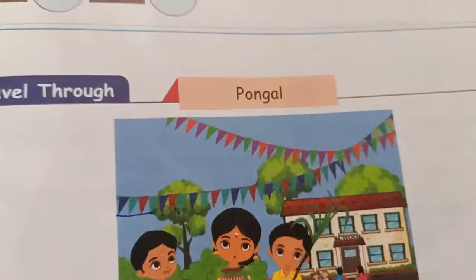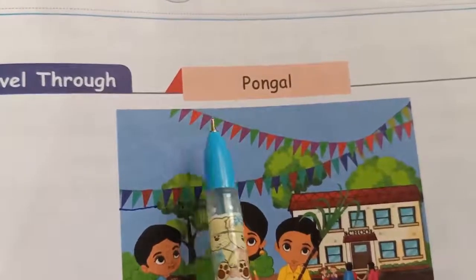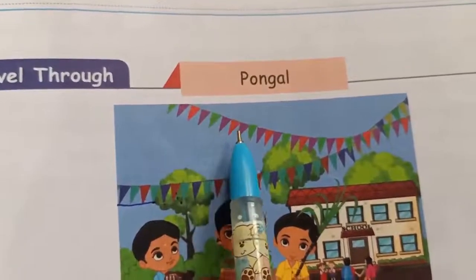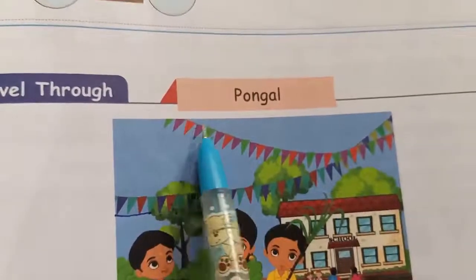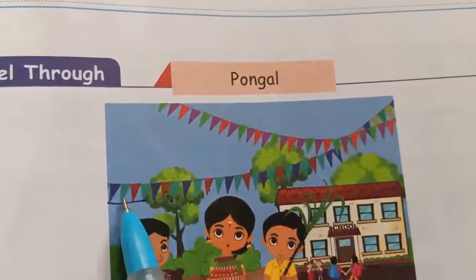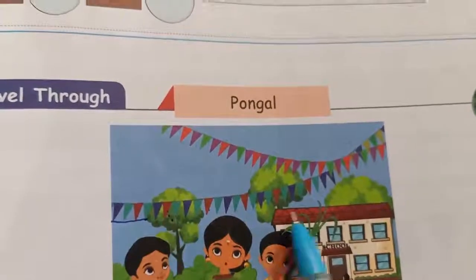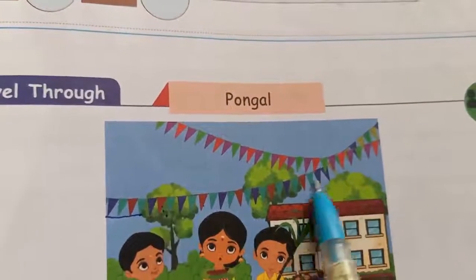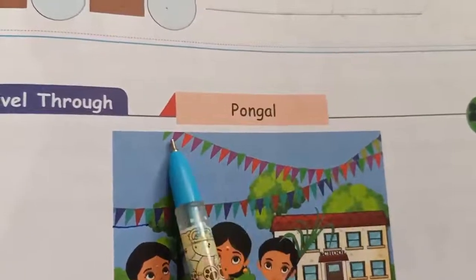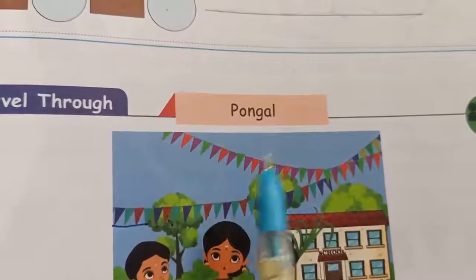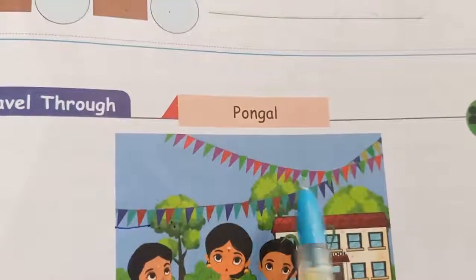If yes, in what manner? Closely watch these triangles. Red color, violet color, green color, again violet, red, green. Likewise this upper part is completed. Second, this lower part, what? Green, red, again green, blue, again red. So likewise these everything keep increasing. So these have some patterns. So what colors are repeated here? Green, violet and red. Here also blue, green, red. Likewise we have the patterns here.